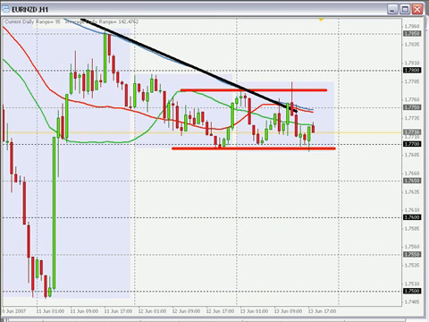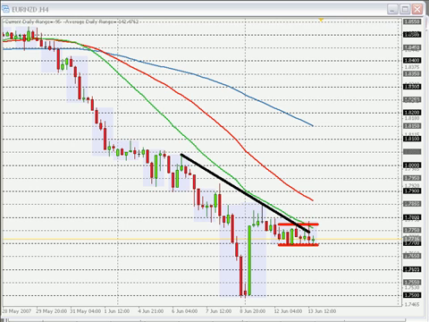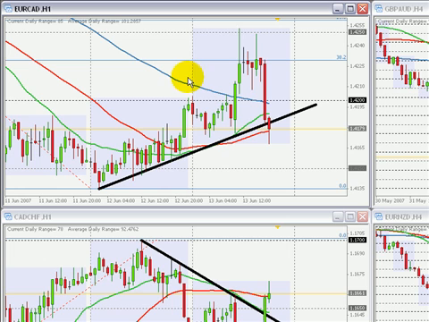Like I say, it's not a textbook setup as far as my system goes, as far as the 3 simple moving average system goes. Okay, so I'm gonna be very cautious and reduce my lot size considerably. All right. Well, guys, those are the 4 setups I'm gonna be following today,